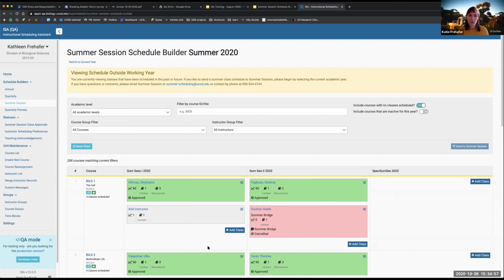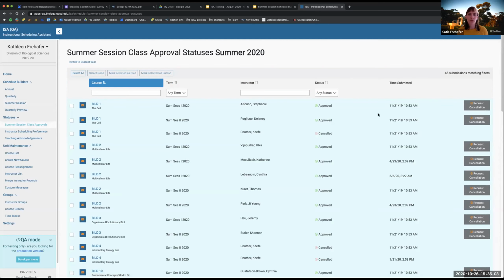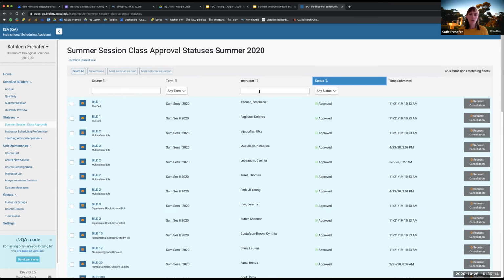So you kind of get a visual overview on your summer session schedule builder. There's also the summer session class approvals page that gives it to you in more of a list format. It has timestamps on there and tells you the status, and you can filter by approved or canceled, or use these filters at the top to see what's going on.